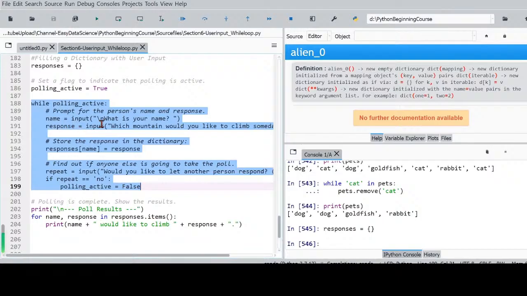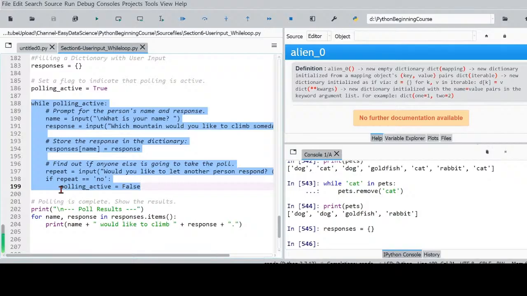In the while loop, the user will enter a name and a response of the mountain, and the while loop will set key-value pairs in this dictionary. Then the user will see another prompt, "Would you like to let another person respond?" If the user does not enter no, or enters yes or other input, then the while loop will continue on, and the user enters another name and mountain, and so on,